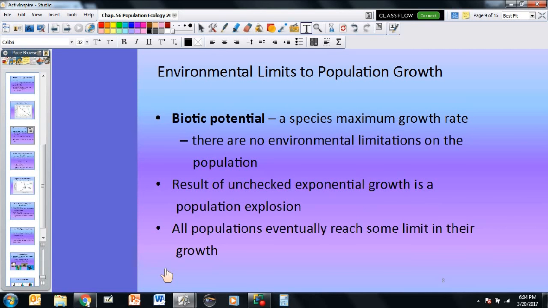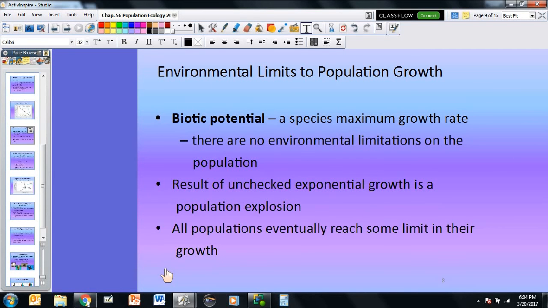If a species is actually experiencing and using their full biotic potential, you get exponential growth, or a population explosion. The reason it's exponential is purely because of numbers. If you have every adult producing at the maximum possible, the next generation has the maximum number of babies. Those will also produce at the maximum capability of their bodies, and the numbers just get larger and larger and